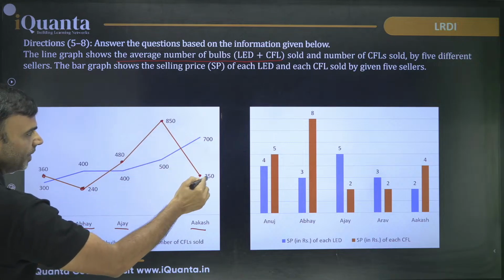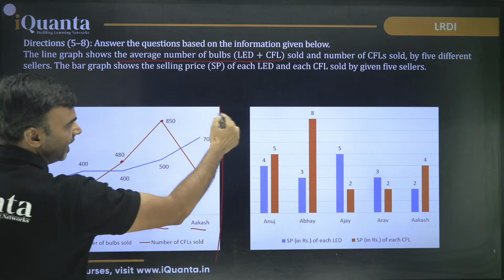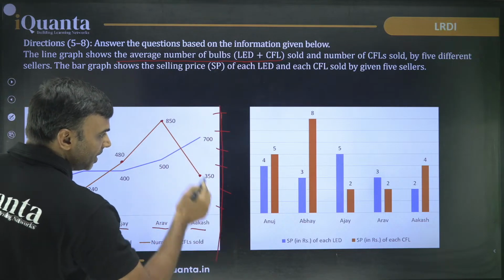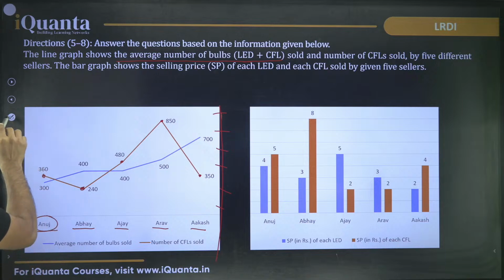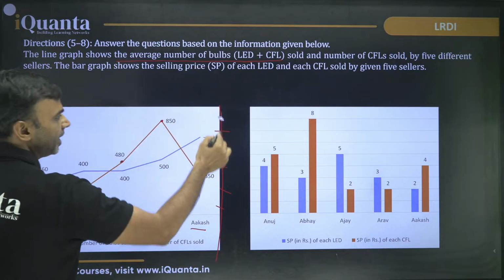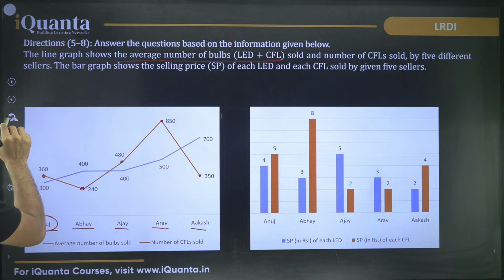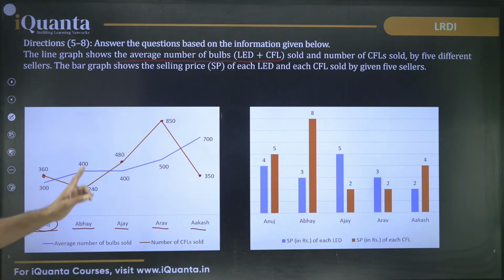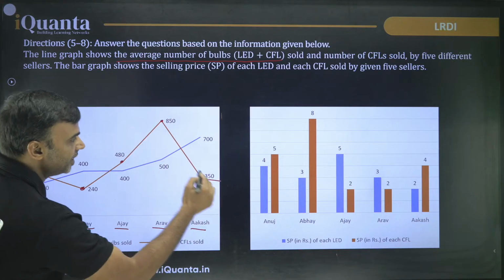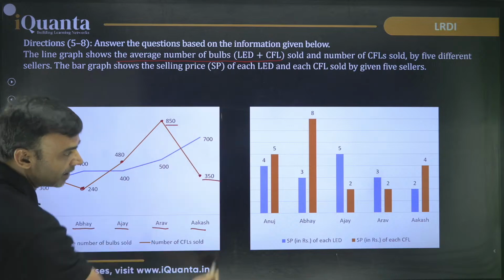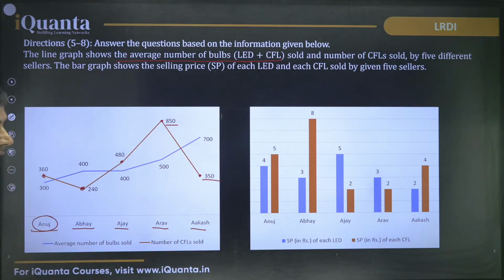One way could have been that there was an axis and then the values are marked here. But this is an easier situation because the value is already given at those corners. 350, 850. So we don't need to look in the graph or find it on the axis. Okay, that is one thing.